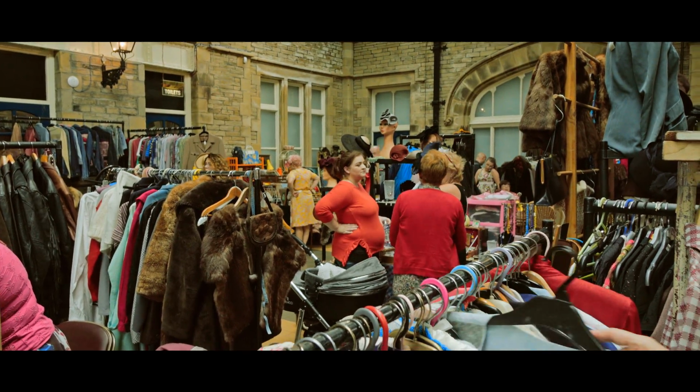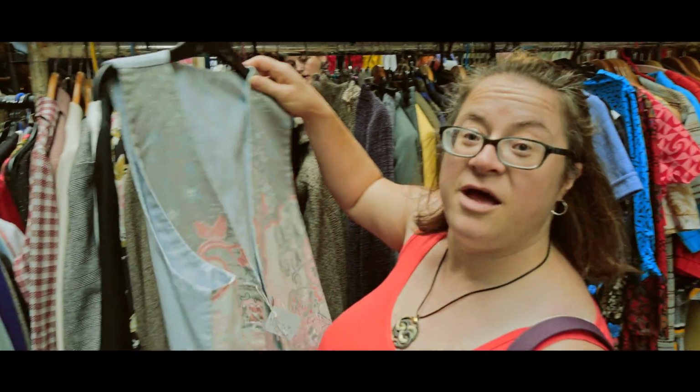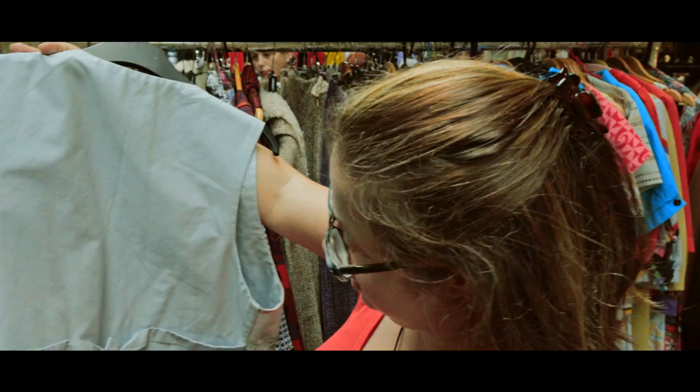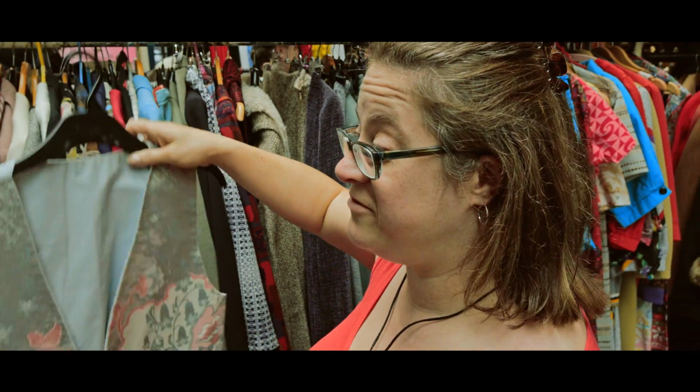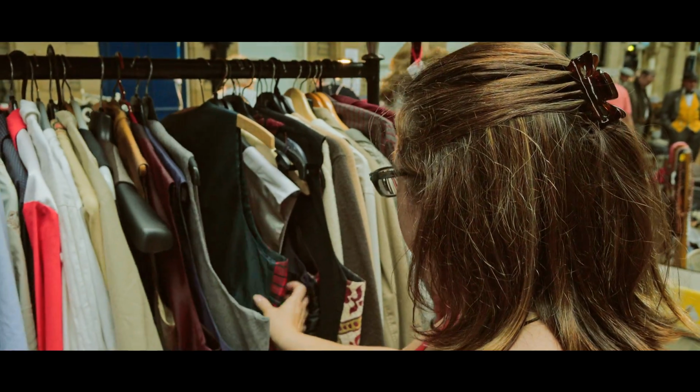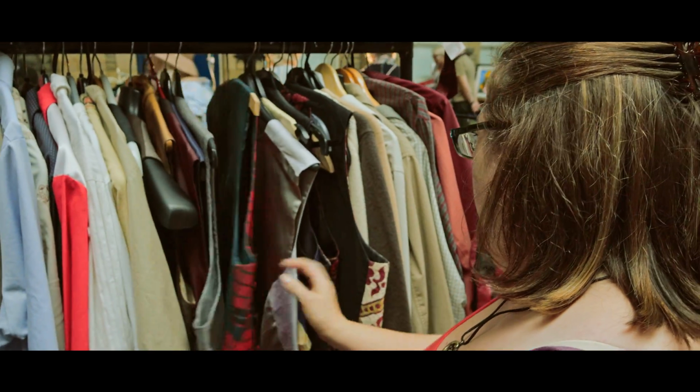This is one of my favourite pieces of clothing. The waistcoat. Although this is kind of too pink for me, but I love waistcoats. One of my favourite garments ever. Do you like? Yeah? No? Yeah. I know, it's that useless. Yeah, you can't do it. It sounds like